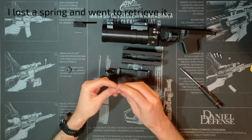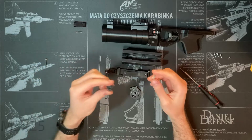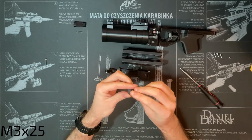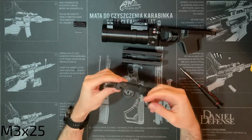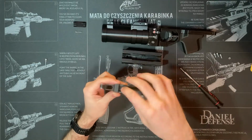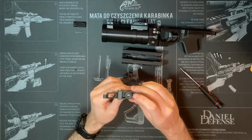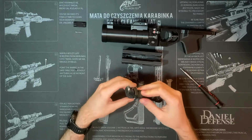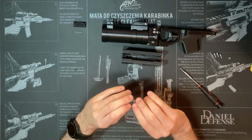Now get another M3. This is an M3 by 25. Put it through this part, feed it through your main body of the sight, like this. And then push it through your sight mount,